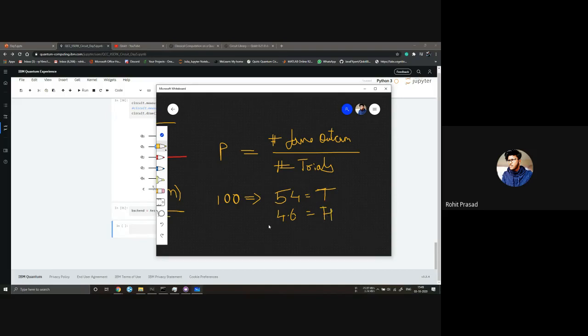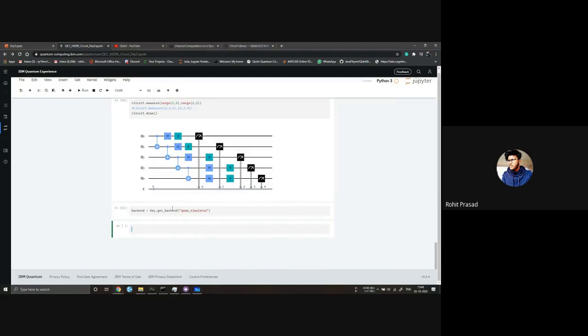So just like that, right here also we want to find the probability of this state being in 1 or 0. So we need to define shots here also. So shots is equal to, oh sorry. Wait, what? Shots should be 1000, right?